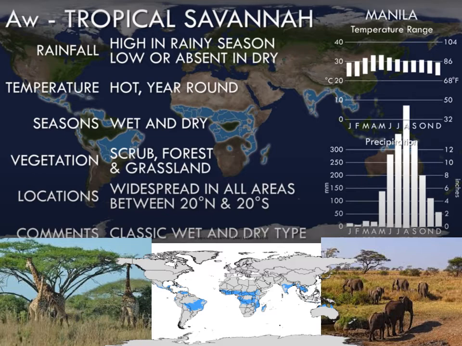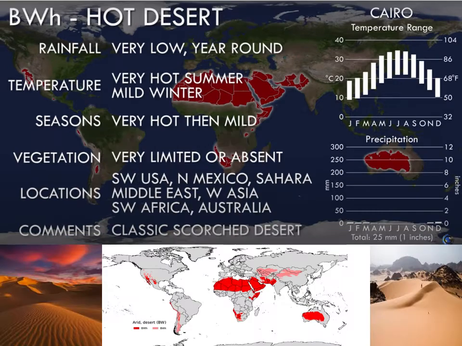On the right side of each picture I have shown the details of a classical city, the temperature variation throughout the year, and at the bottom the rainfall variation throughout the year. At the bottom center, I have kept the map which indicates that particular zone, and on the left and right sides some pictures show how it actually looks. Please go through it again, replay the video and try to observe each one. But I am just going to pass through somewhat fast.